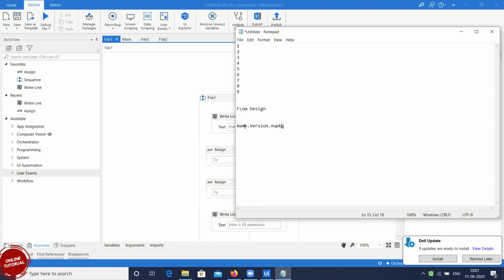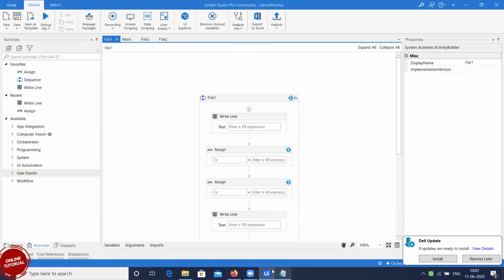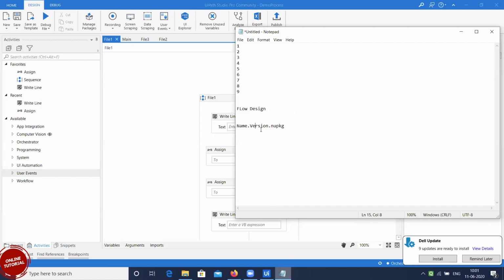Here they see this name and version, and only once that version is approved by the business does it go to various environments. It can be production, UAT, anywhere. So there is nowhere you can bypass this; you can't modify these numbers. Just after you publish it, it will generate a file in your local drive if you want. But even if you modify this version, what the system created when you published is in memory. So when you import that package in your Orchestrator, those numbers will conflict. That's why we cannot change the name as it is.